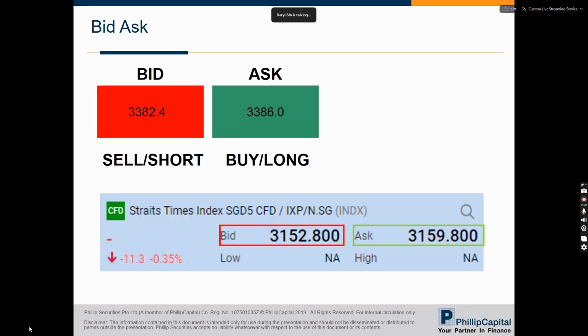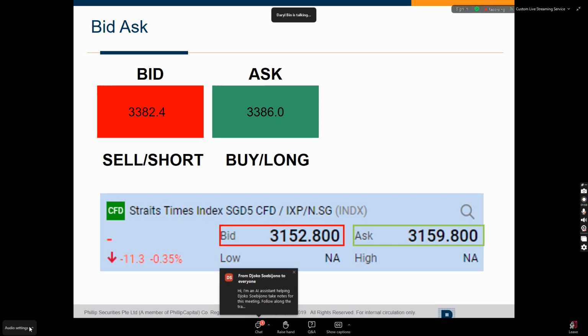So in a bullish situation, we want to long a particular thing. It means that we want to buy that thing that we are longing. In order for us to profit, it must go up. So let's use a stock for example. In order to buy a stock, we must look at the ask price. Likewise, if you want to sell the stock or short the stock, for us to profit, the stock must go down. So if we are looking at a short position, then we have to look at